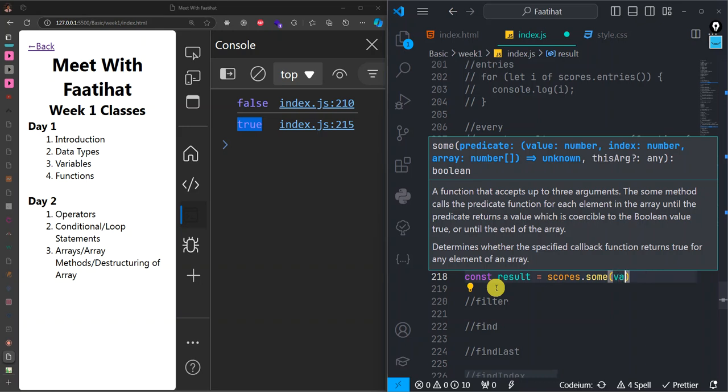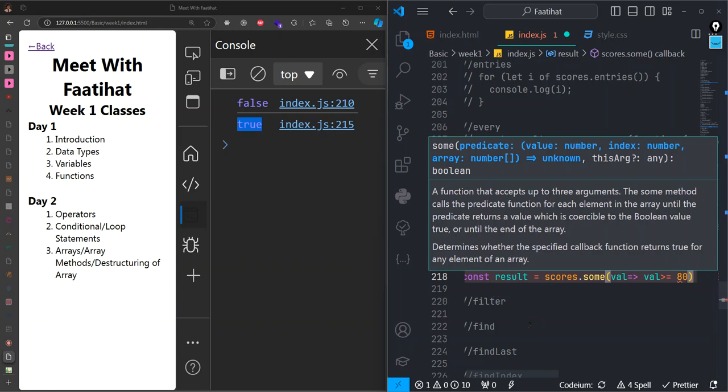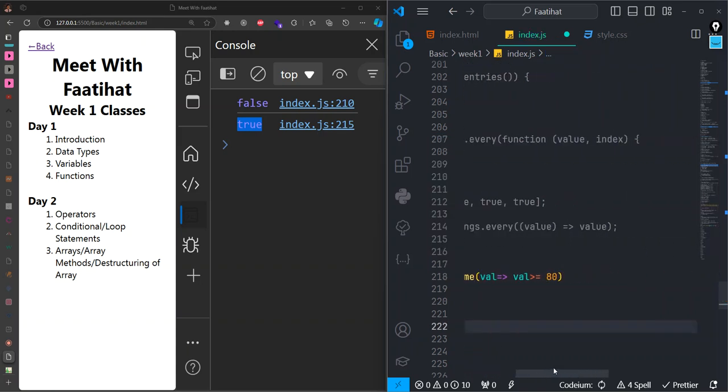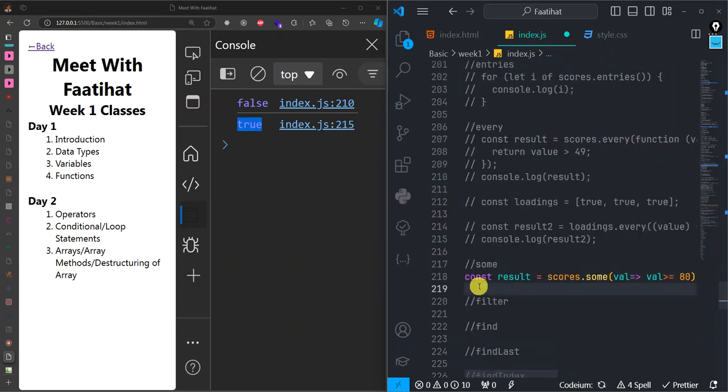So here we receive the value like this, and I want to check if the value is greater than or equal to 80. This one will only check for any one of them that satisfies the condition, and if there is anyone there, then it will just return true. But if none of them satisfy the condition,